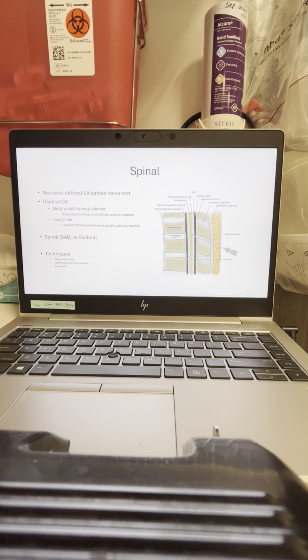So spinal versus epidural, I put SAB in the parentheses there because you'll occasionally hear that as well. That just means subarachnoid block. If you hear SAB, just know that that's a spinal. It's an older term, so you might not hear it much. But if you can direct your attention to the picture on the right, I really like this picture because it shows